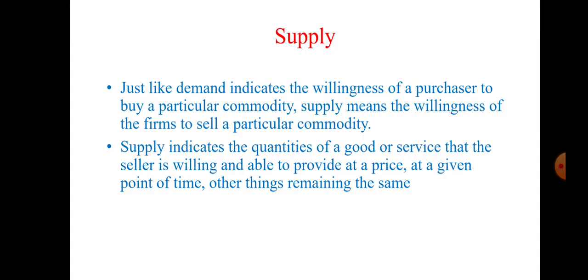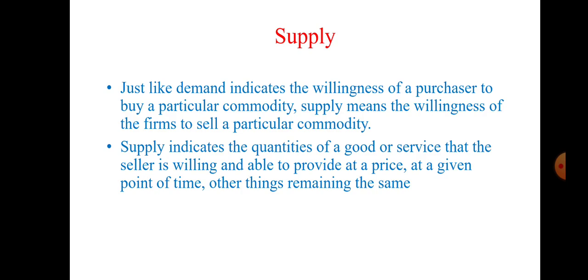This is about law of demand. Now let us discuss the second determinant, that is supply. Just like demand indicates the willingness of purchaser to buy a particular commodity, supply means a willingness of a firm to sell a particular commodity. Supply indicates the quantities of a good or service that the seller is willing and able to provide